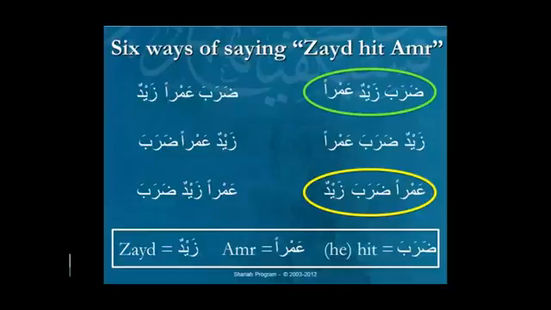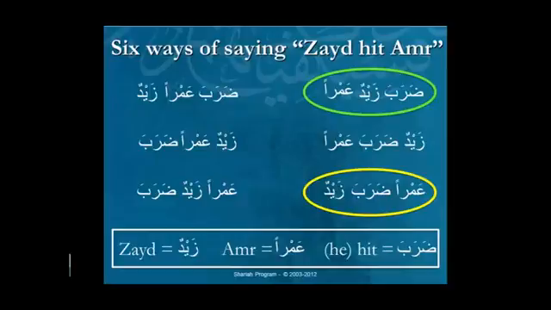And if you bring Amr to the front in English and don't use all of those words, then it becomes Amr hit Zaid and the meaning changes, because now Amr is the subject. So sequence determines the grammar in English. But in Arabic, since we don't have sequence, and since the endings are what's doing it for us, Zaid has a particular ending.